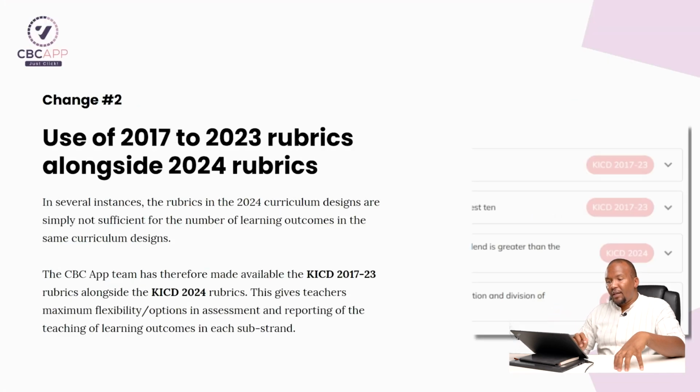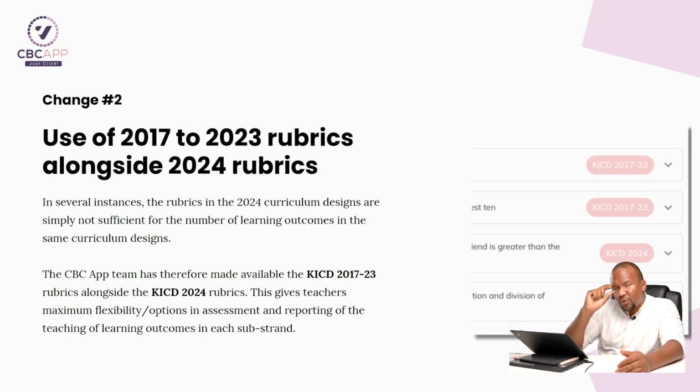Change number 2 is we've used some of the assessment rubrics from 2017 to 2023 alongside the 2024 rubrics. So what do I mean here? There are some instances where you can go to a substrand and look at the rubrics for 2024. Remember I said that very few, they reduced them drastically. In some cases, they reduced it so drastically that a substrand or learning outcomes have no assessment rubrics to go with it. Very insufficient. So in those cases, we added back the rubrics from 2017 to 2023